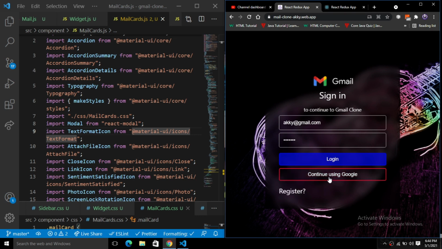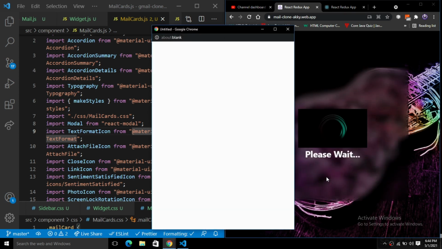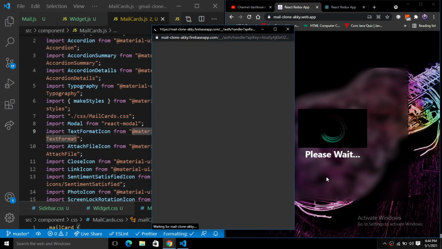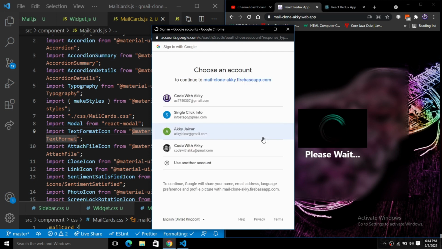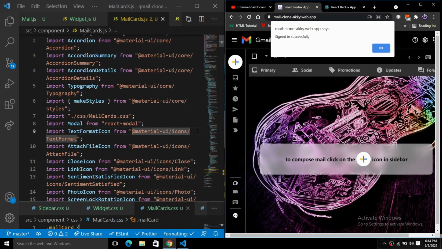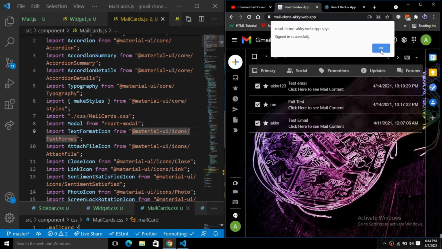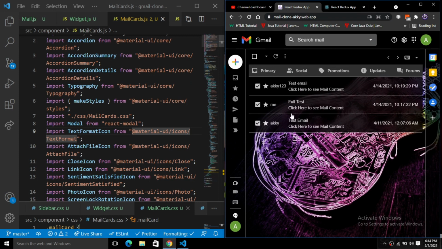The Google account option will open a prompt for the user. When I click on this user account, it will open the prompt and ask from which Gmail account you want to log in. So here we simply click on this, and after successful authentication, we will be back on our home page. Now you can see the Gmail messages are separated, so you only have the messages that were sent to that respective user. So it is a fully user-authenticated application.